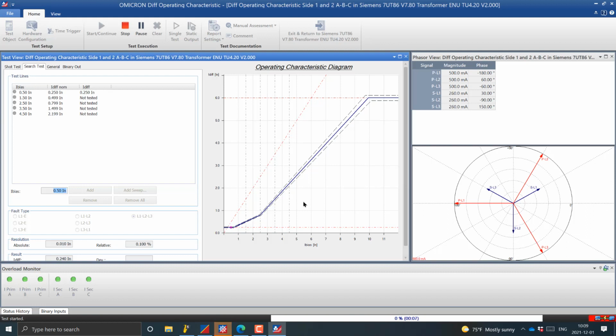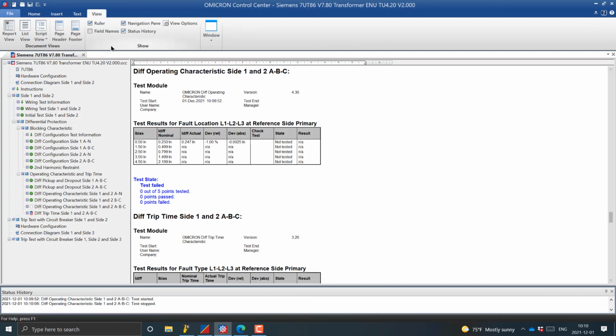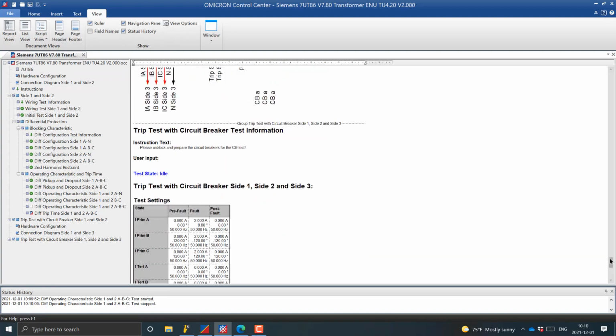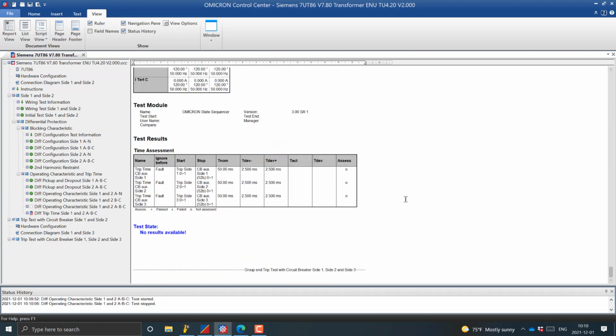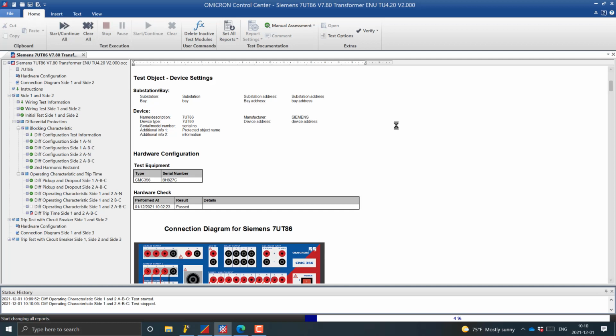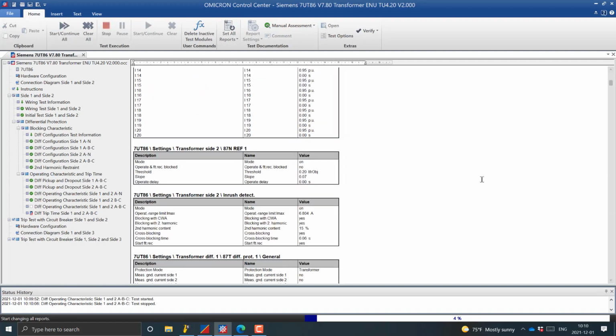So, just for the time's sake, let us do something different. I will stop here and go back. Then I can go to the view and press the report view. In the report view, you will see that everything you tested is already here. But it is a table. If you would like to see the complete characteristic, you go to home, report, use the long form,